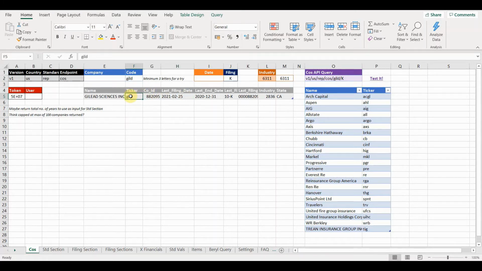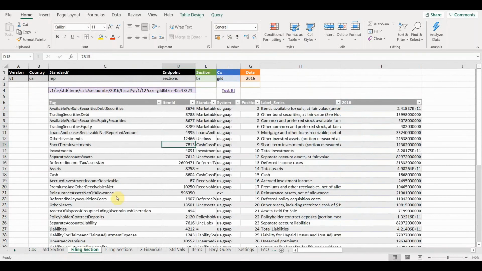When we come to the standard section, it does pull the actual dates from here as well, just so you're not having to enter them as well. So it's very useful to actually bring this right up to date. So anyway, jumping back to the filing section where we were, as you can see, it's updated it for Gilead's